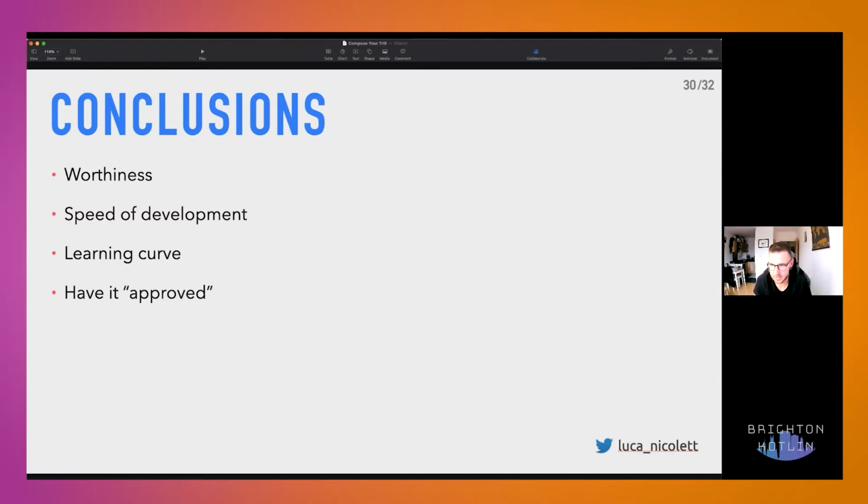And the speed of development really depends on what you're building. Let me explain. If you use the Material Design system, a lot of components are ready to use. You just need to call the correct composable function and you're good to go. If instead your design system differs a lot from the Material one, you might need to use core components of Jetpack Compose. So for example, you might need to use, as we did, the EditText and not the OutlinedEditText that the Material library provides.